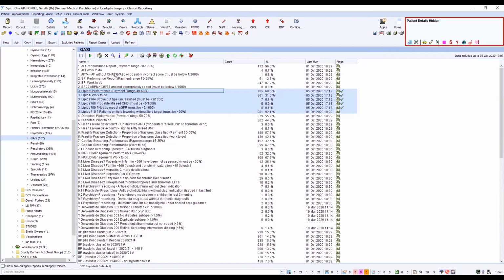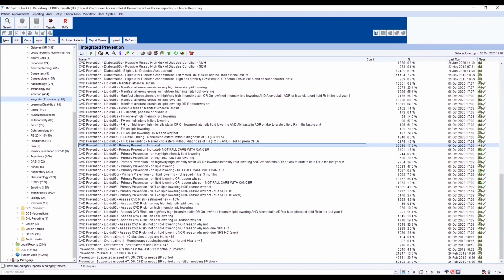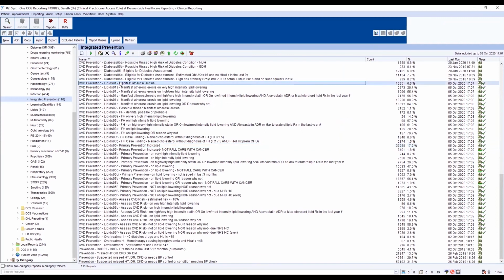The other major advantage of this approach is that you can use exactly the same system to report at scale. So these are the same reports in a reporting unit covering the practices in North Durham. So we can then see at a much bigger scale, this could be used by a primary care network or a CCG, to see in real time the information across the practices. You can see how that information, if need be, can easily be extracted and